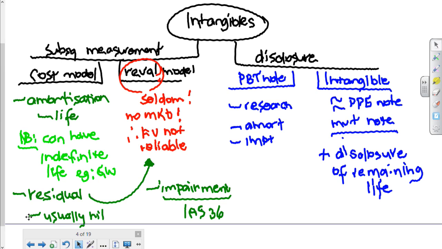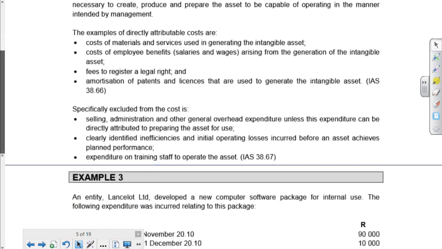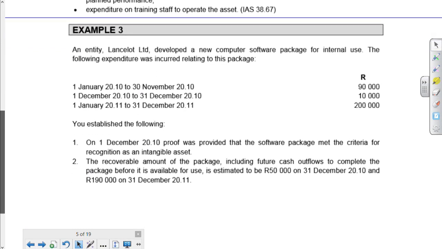Okay, so that is intangibles. It's not really massively new except for this development, but the development piece is really just an apportionment of costs. Do you agree? All right, so in your study guides, there's an example 3,